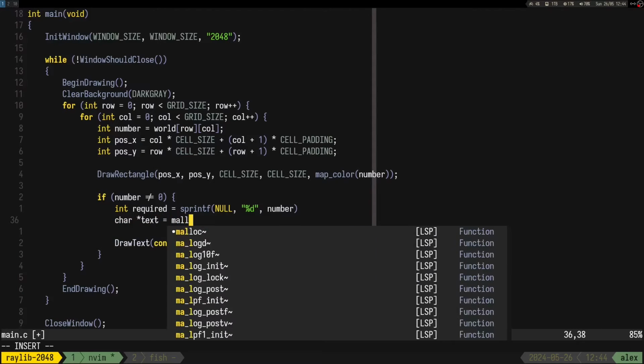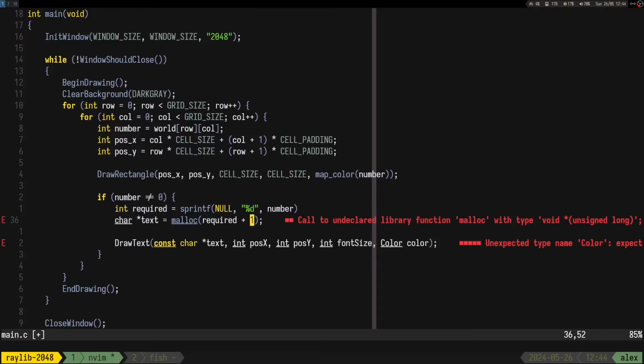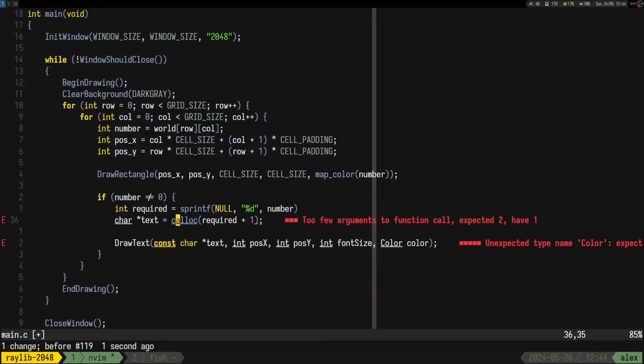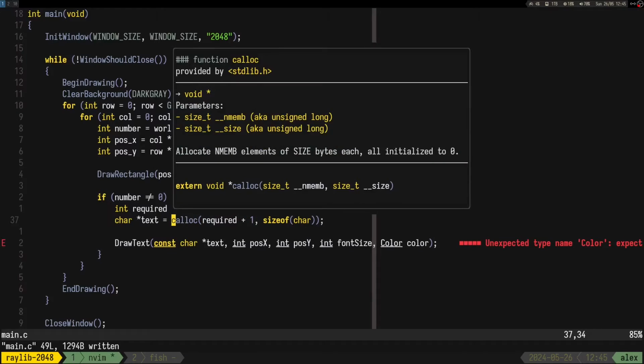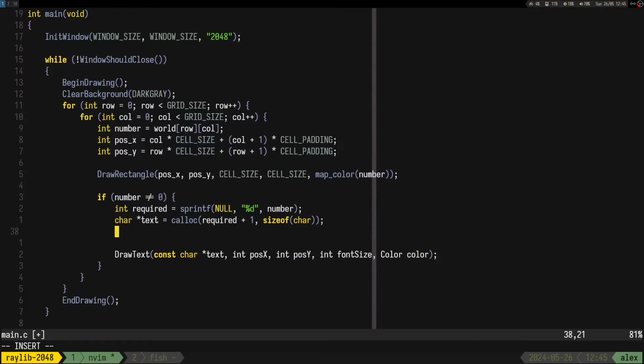Text is gonna be malloc required, let's say +1. We could actually use calloc. Let's use size of char. Right, so calloc also initializes with 0. Okay, and then we can do sprintf,